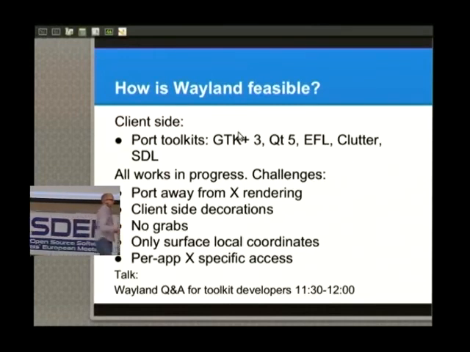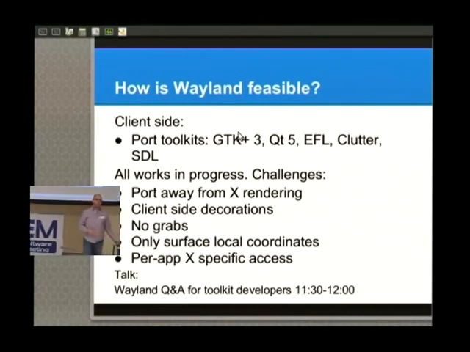So one thing is we can let the X server know where the windows are, and that will break pop-up menus in some ways, because we can't pop up windows correctly if the application really is rotated up in the corner. We can't tell the X server that, and then when the X server pops up the window, it's going to break. The other option is that we can just not tell the X server about it, which means that it's going to break in some other cases. So there are some integration issues where we may or may not be able to get the exact same behavior as you expect from Wine or from X.